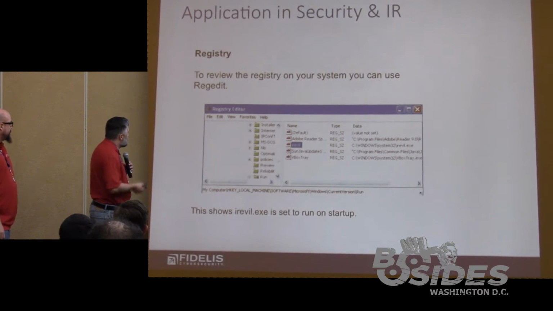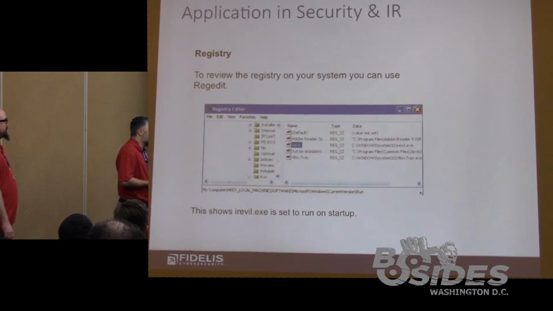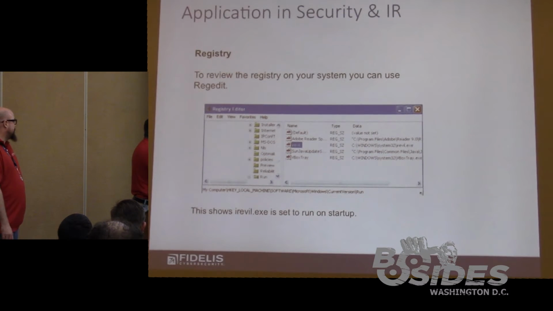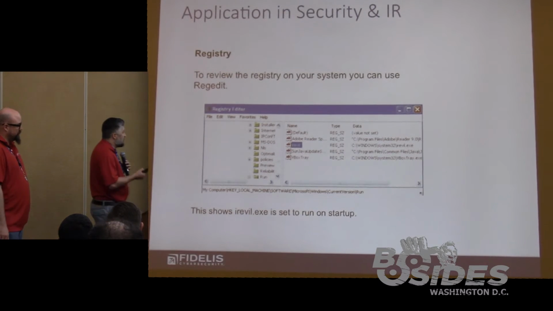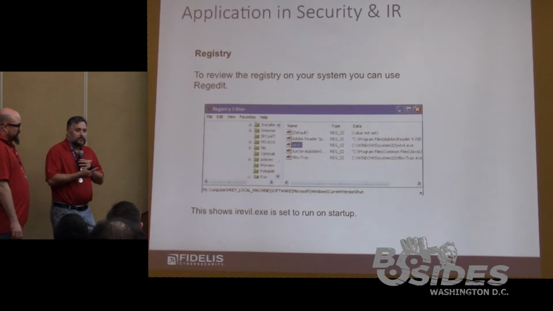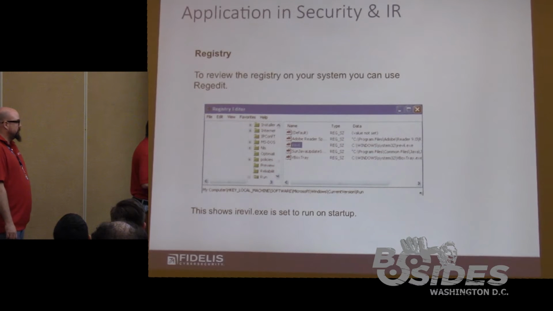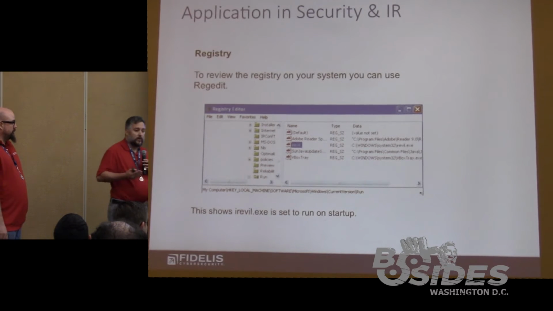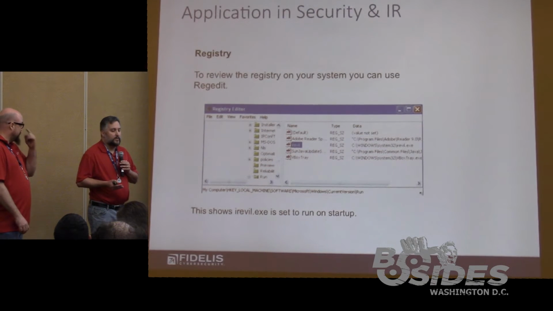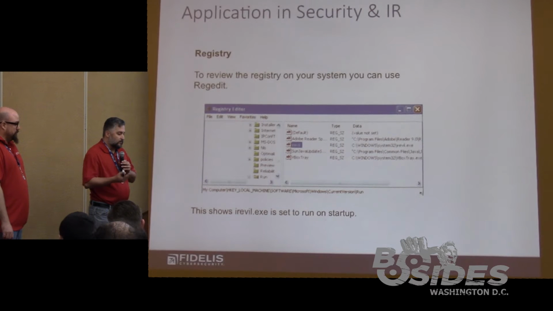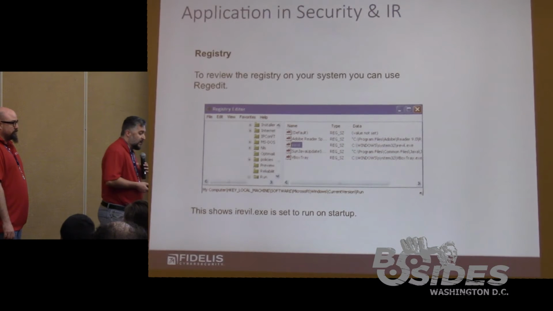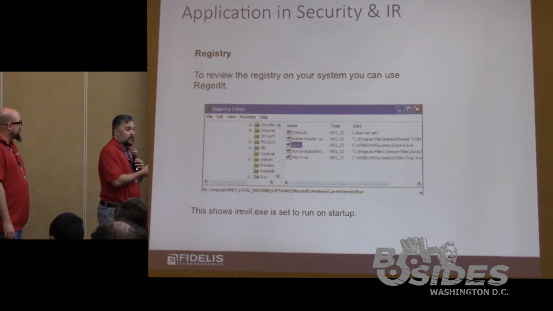In this case, this is an example of the IR-evil.exe file we have on the system. You can see it's under HKEY_LOCAL_MACHINE, Software, Microsoft, Windows, CurrentVersion, and then the Run key. There's actually an entry in there. There are also some legitimate files that you'll see in here. You'll see Adobe Reader, the programs that we all use and want to start up as we use our computer on a day-to-day basis. However, we don't want that IR-evil file that's there.